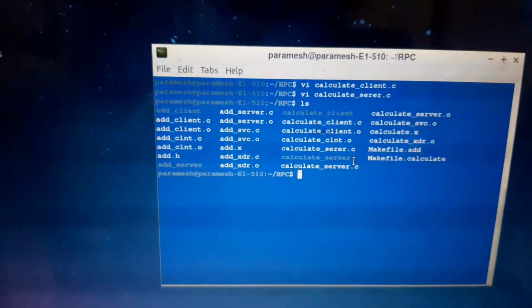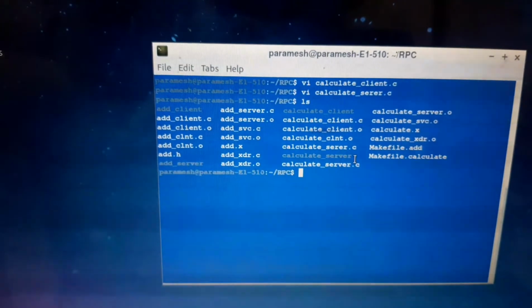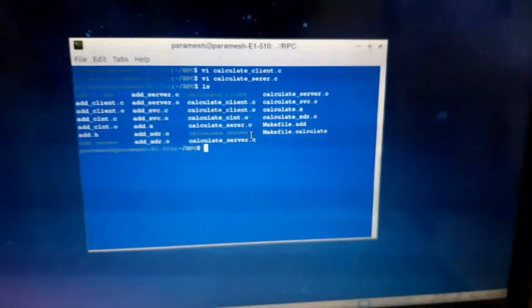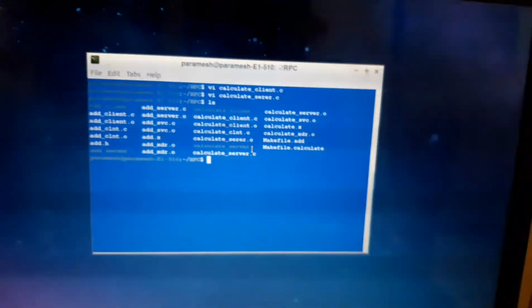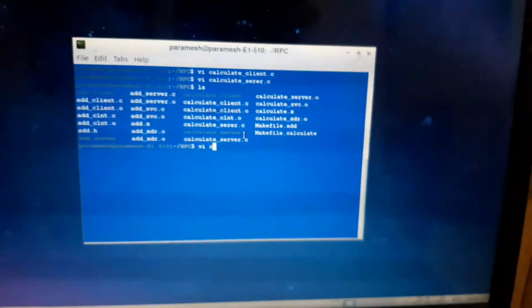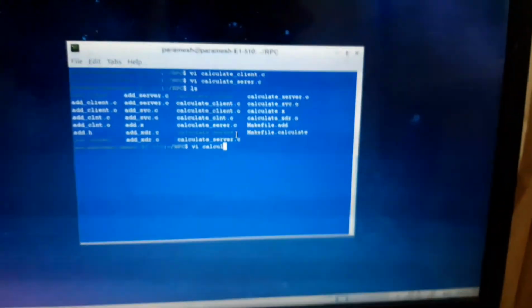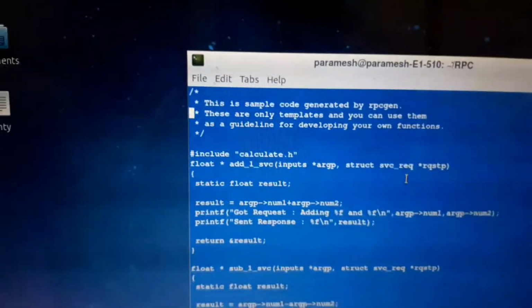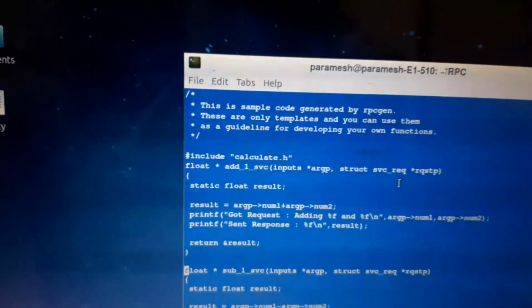Okay, I had entered the wrong name. vi calculate underscore server dot c. Here before I had missed the v. Okay, leave it.